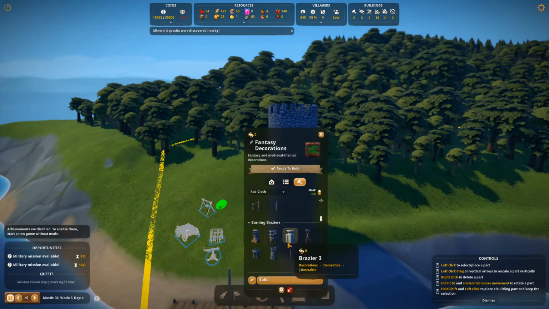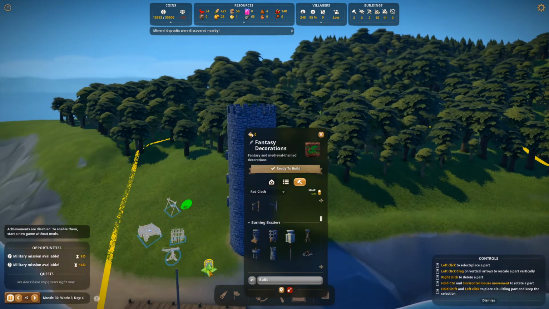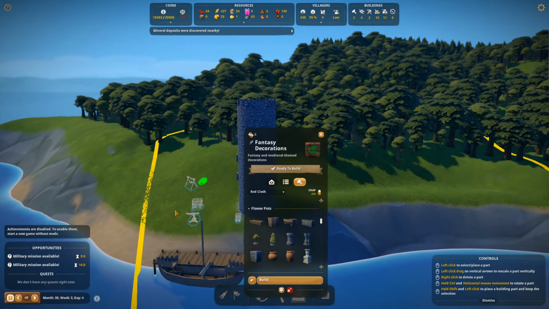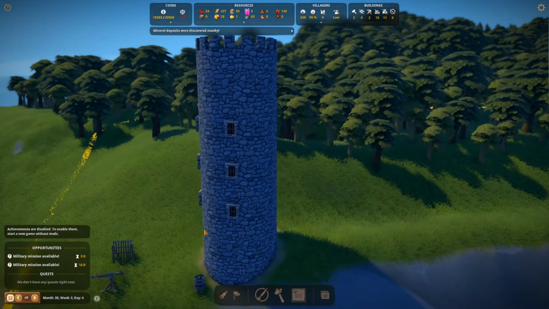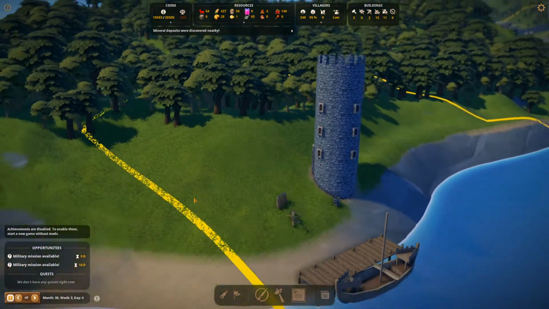Is there anything else? A brazier. And a brazier there. Let me just see what I've got. I'm randomly adding things. I'm going to take you away, because you're unnecessary, because as you come in, you're going to get...